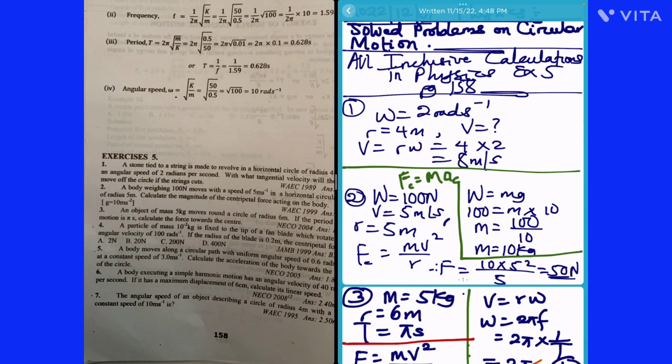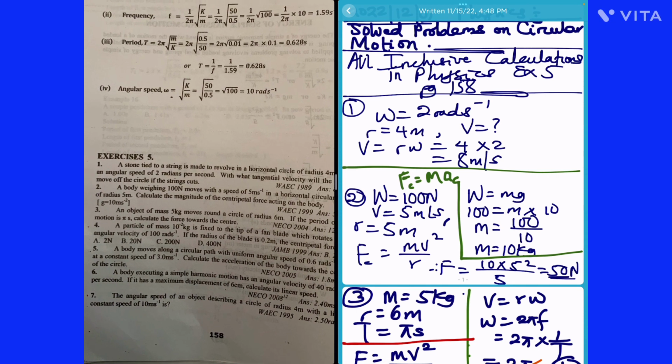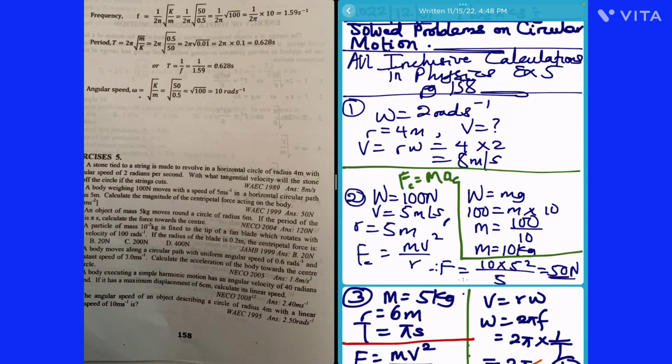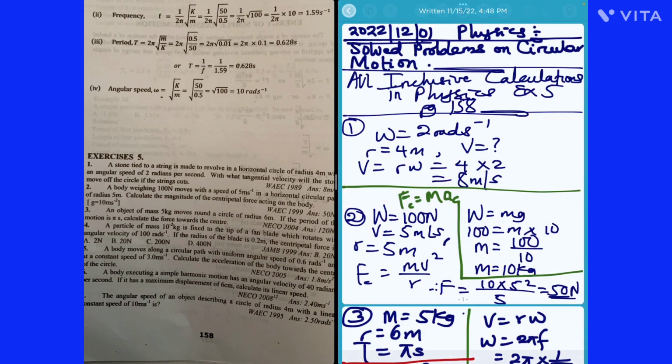A stone tied to a string is made to revolve in a horizontal circle of radius 4 centimeters with an angular speed of 2 radians per second. With what tangential velocity will the stone move off the circle if the string cuts? That's a simple question. We know the